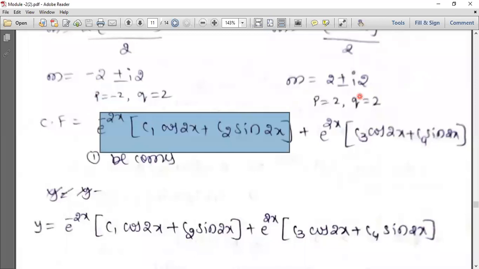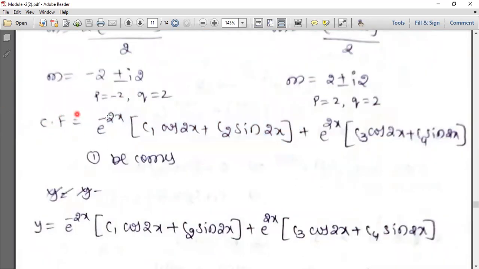When the roots are not repeated, I have to add some more. So next I have to add this. Here p is 2, e raised to px. c1, c2 we have used, so next use some other constants like c3, c4, c5 and so on. Even if you use capital A and B, that is fine. So e raised to 2x, c3 cos of 2x plus c4 sin of 2x. This is what your complementary function is.